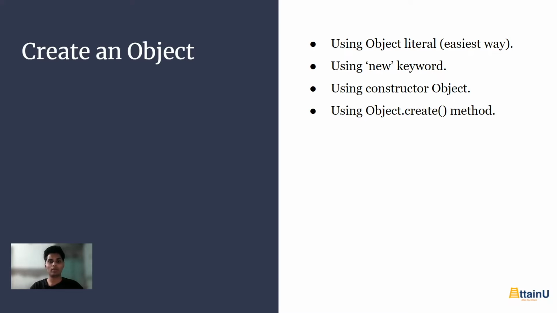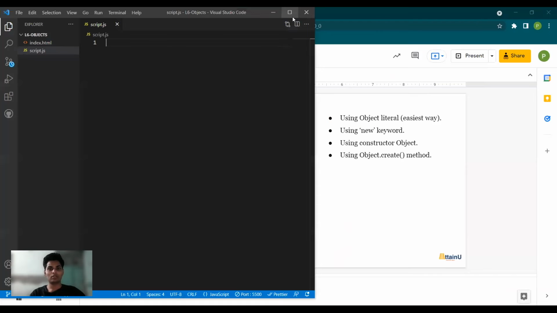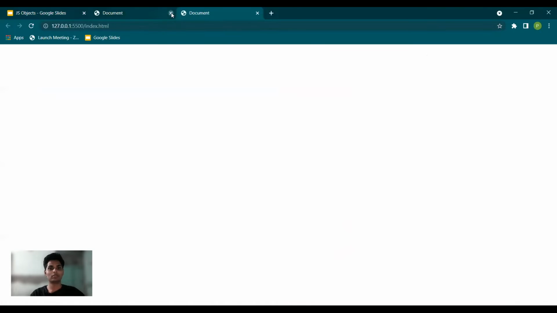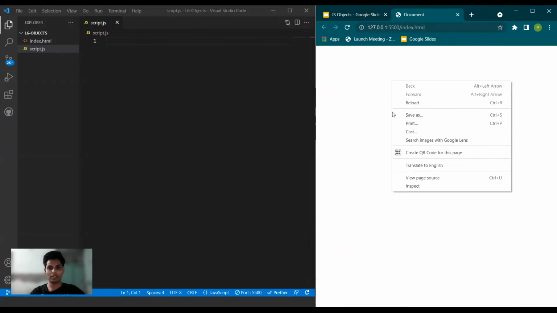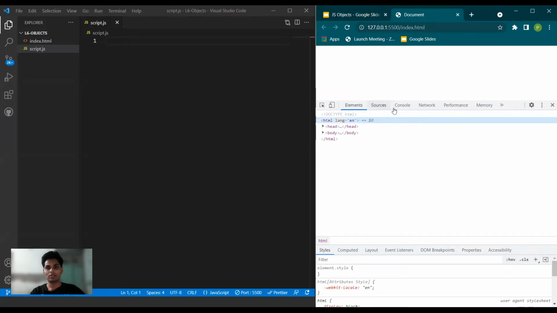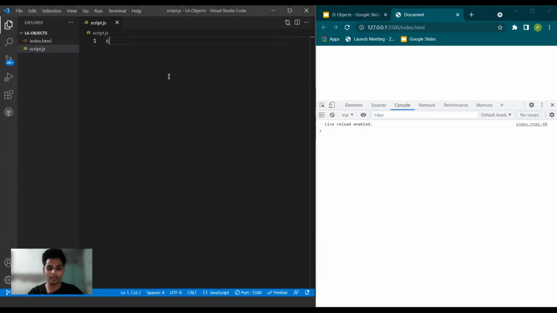Now let me go to my VS Code and we will talk about the key value pair and how we are going to create an object as well. Let me open that. So I have a basic boilerplate code set up here. Let me open this with our live server. Nothing till now. So let me open the console. Let's write our first statement in here. Hello everyone. So it is getting printed. So we now know that our console or our script is working.